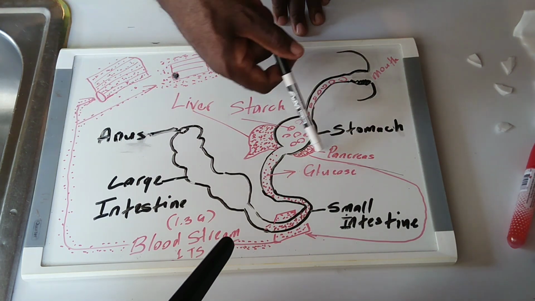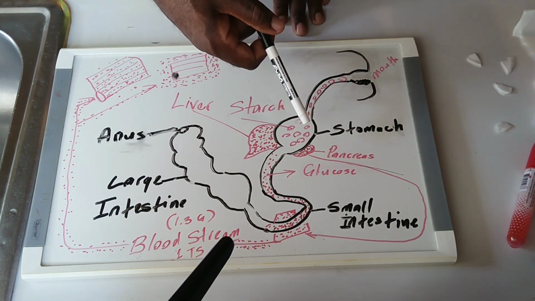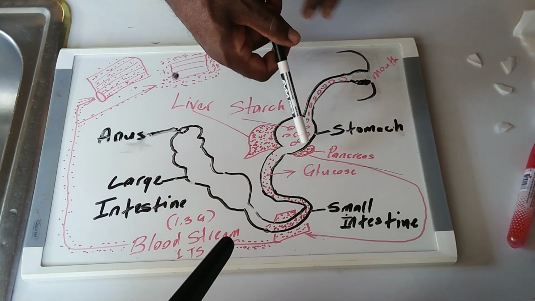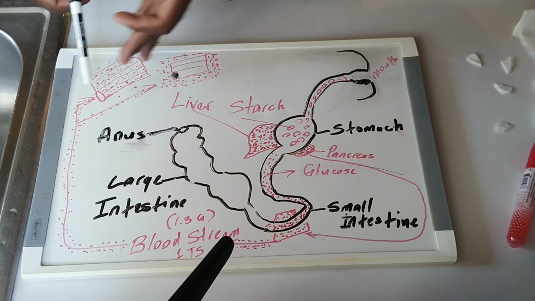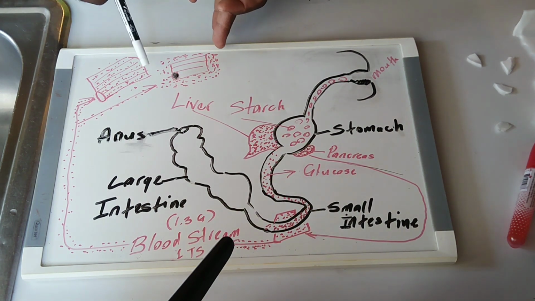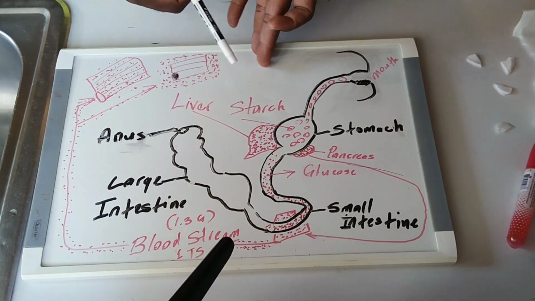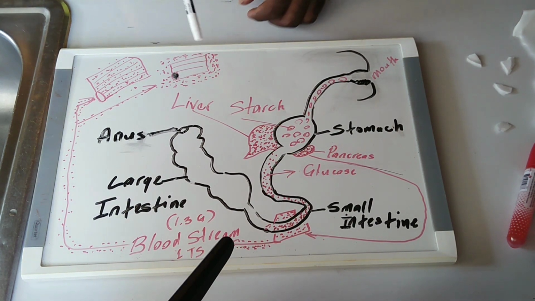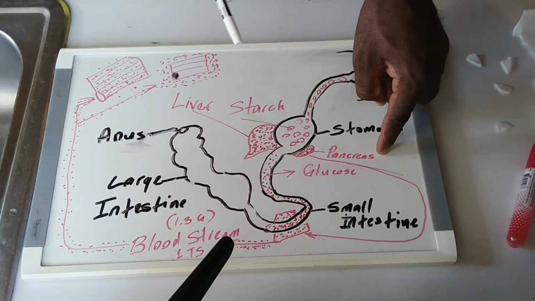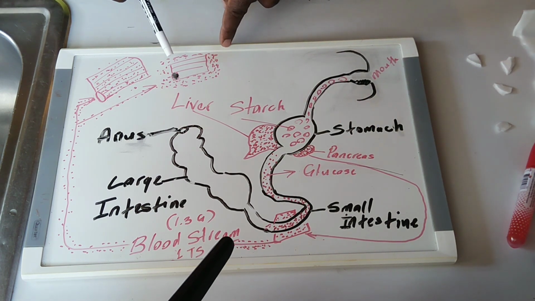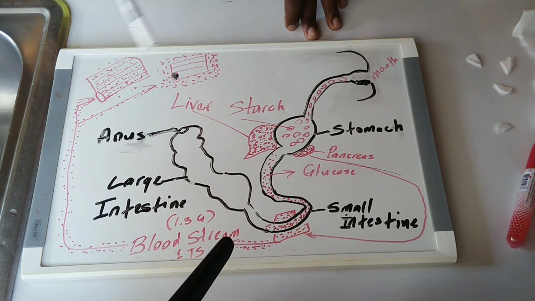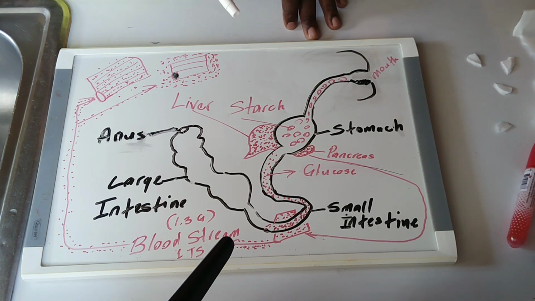Let me differentiate the two of them now. Type 1 diabetes is when your pancreas doesn't work at all. So you can be born with type 1 diabetes. This doesn't work at all, so you don't produce any insulin. So there is no insulin to put the sugar in the muscle, so therefore automatically your sugar remains high. That is type 1. However, type 2 is when you are producing enough insulin, but your cells, your receptor cells, become resistant. That is why type 2 diabetes is called insulin resistance. Another name for it is insulin resistance.